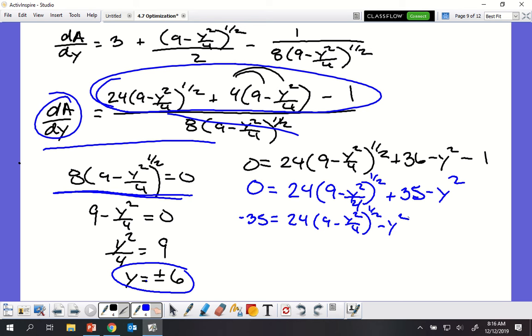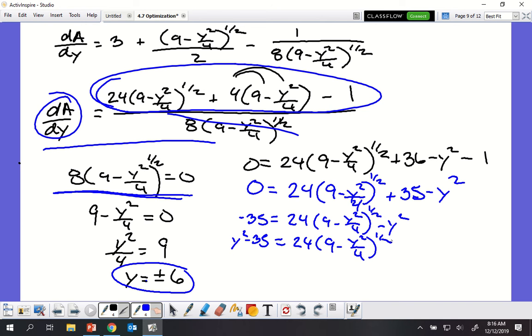So if I square both sides, I could actually get rid of the nasty part of this. So, okay, I'm moving that also now. So now it's y squared minus 35 equals 24 quantity 9 minus y squared over 4 to the 1/2. Okay, so let's go ahead. If I square both sides,